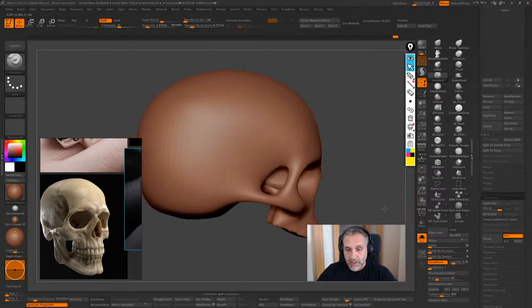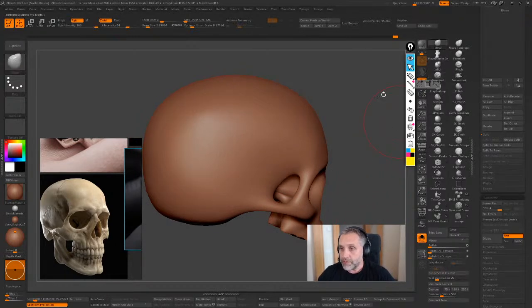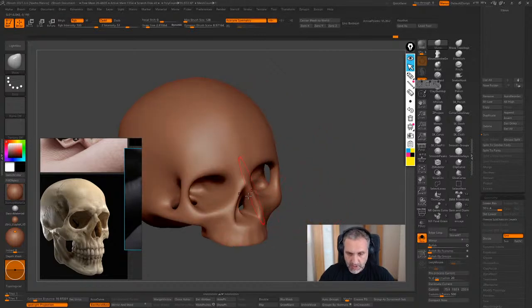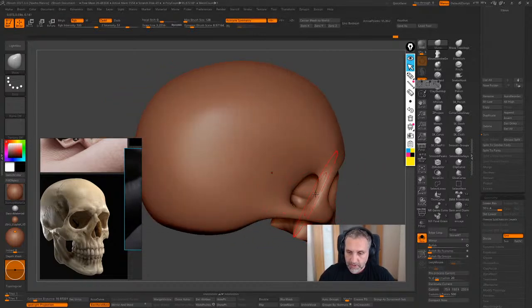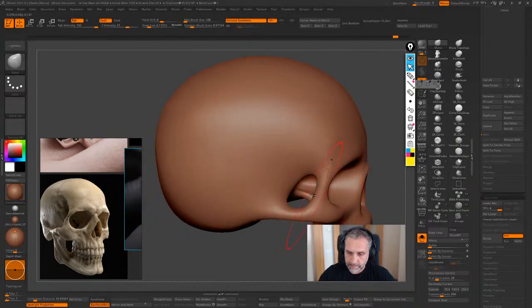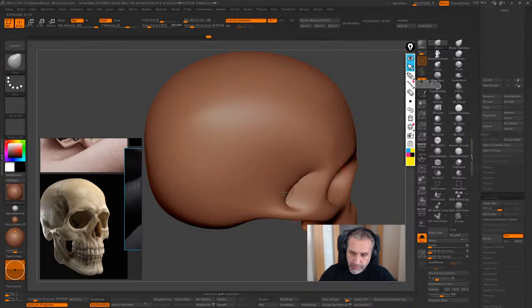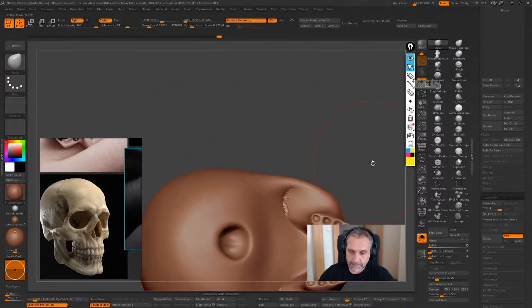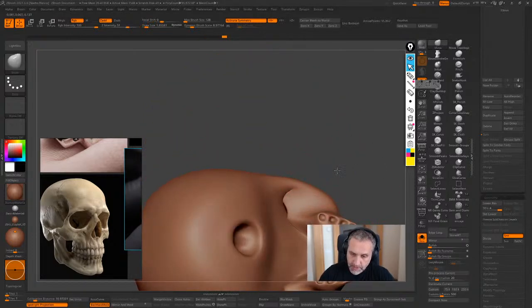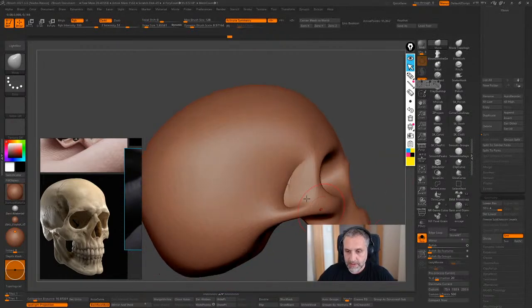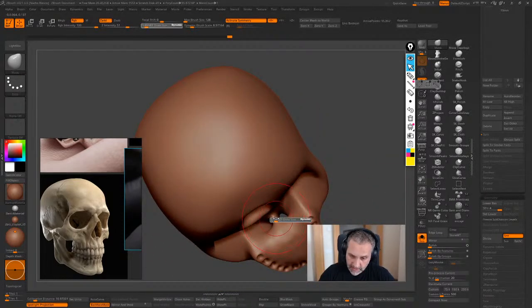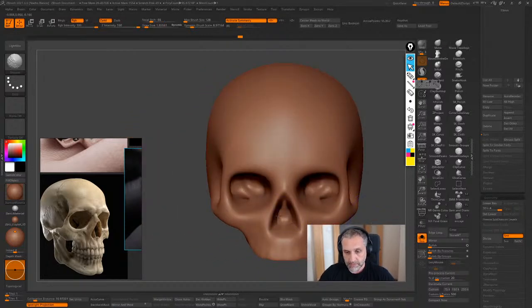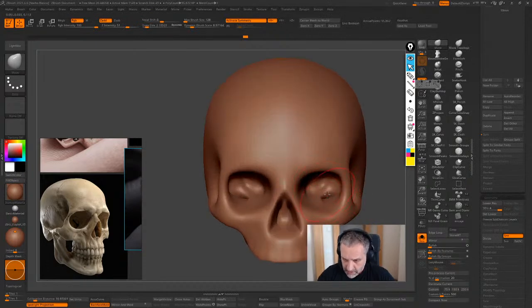So I'm gonna use the move brush with the back face mask active, symmetry active, of course. Let's push it, push it, push it. You here. Let's smooth it out a little bit like this. Now it's closed. Now we can close this gap as well. Now it's already closed, so we can